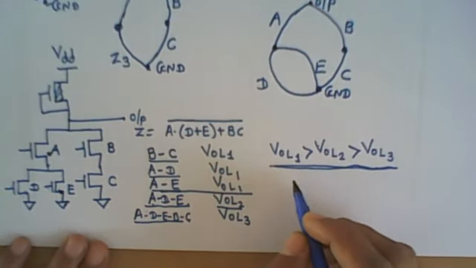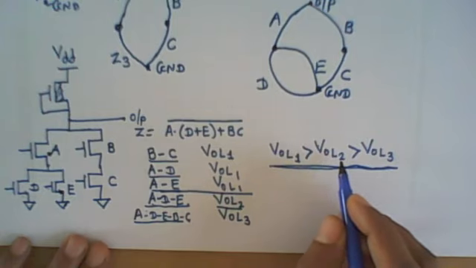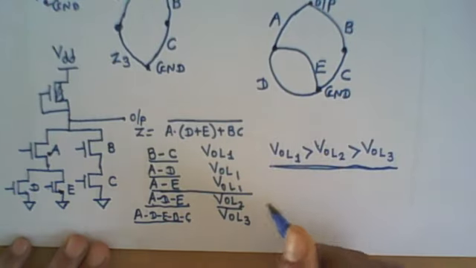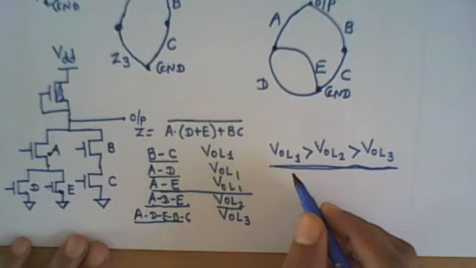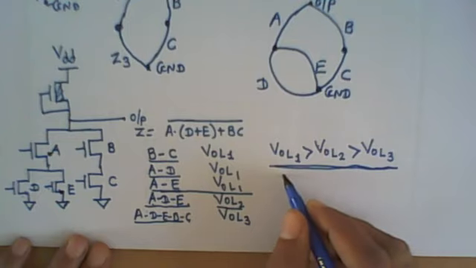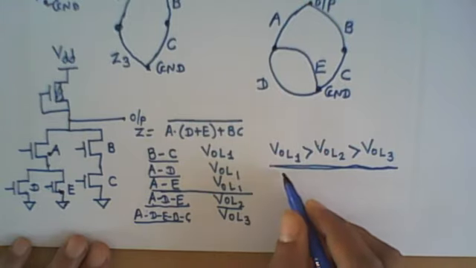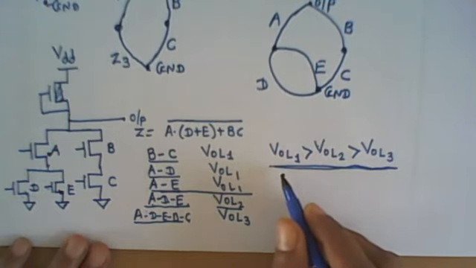Now when we are designing, we have to consider the worst case scenario. When we design any depletion load inverter, we have to achieve a certain minimum output voltage, which is normally a design specification parameter, right? So when we design such a Boolean equation implementation using a depletion load inverter, the specification parameter is to achieve the VOL with some 0.2 volt like that. So when we are designing, we have to see the worst case. We have to design for the VOL1. So VOL1 should be less than or equal to the value given in the specification parameter.